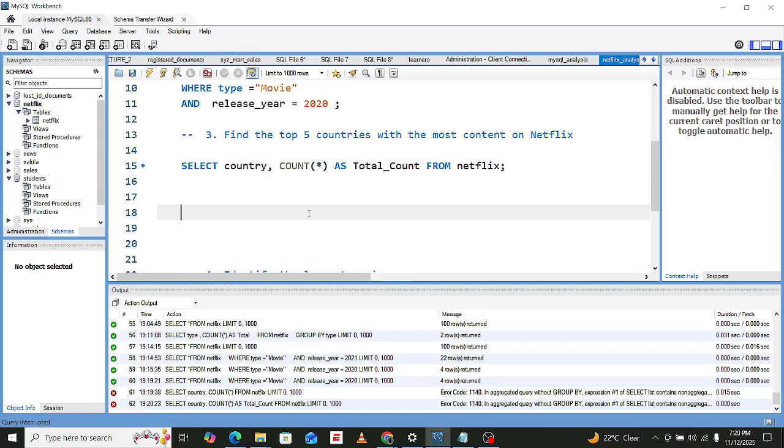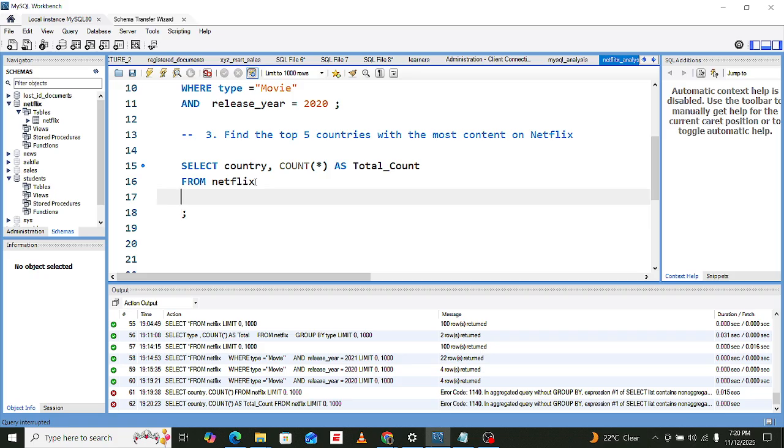We're also going to get an error, because with group count, when you use count, you must do a group by. So it's from Netflix, and then we are grouping by country. And then I think we have a highest. So you should run this. Yeah, let's run that and see.